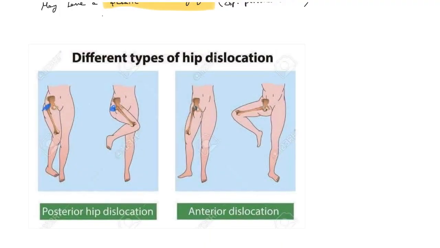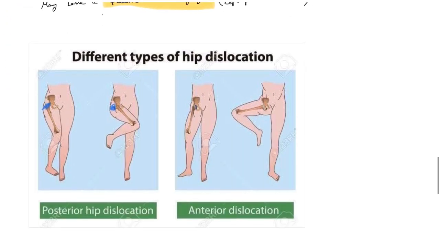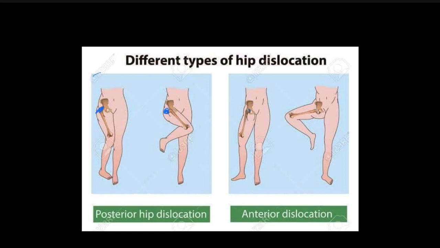So what will happen here with this posterior dislocation? What are the things that will happen anatomically? This posterior dislocation can tear the capsule and posterior ligaments. When we discussed ligaments, I mentioned one ligament posteriorly, the ischiofemoral ligament, which can get torn or stretched. This ligament gives support to the hip. So when we get this hip dislocation, the ligament and the capsule will tear, and it can compress